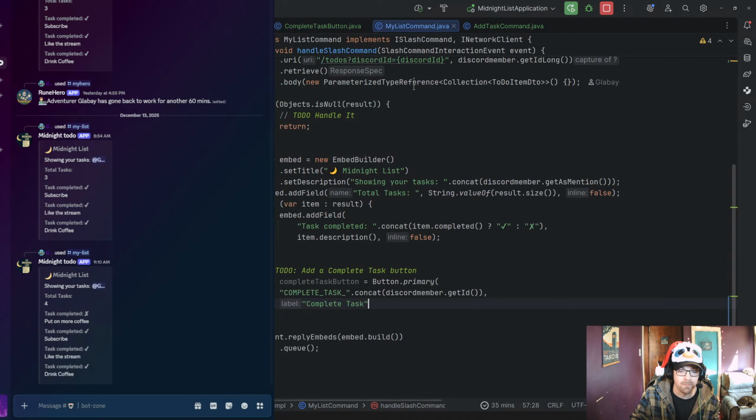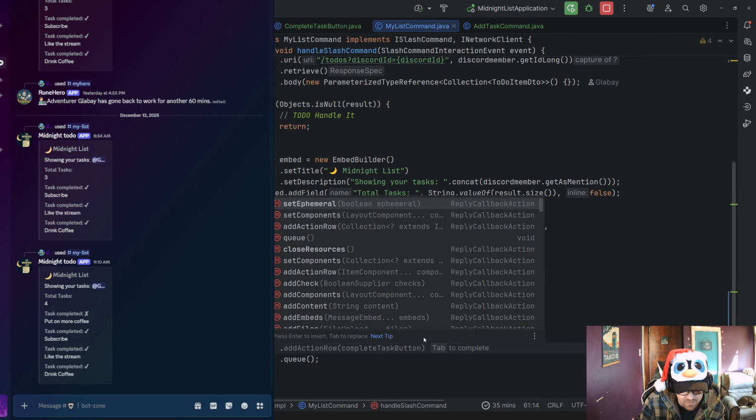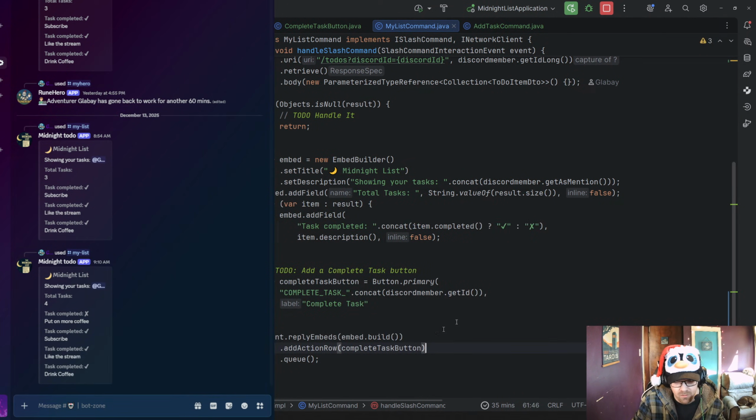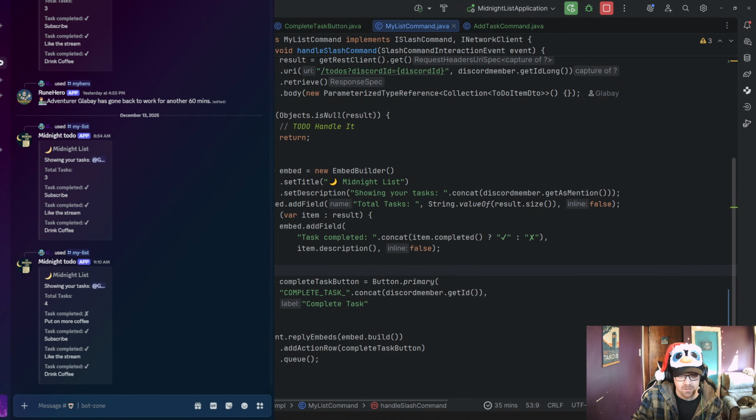So when somebody does the my command, we're looking to add this button, and then create this button, and then we come down here and say dot add action row, which is a complete button. There we go. That's actually pretty simple. So now we can get rid of this guy, and now if we rerun the bot,